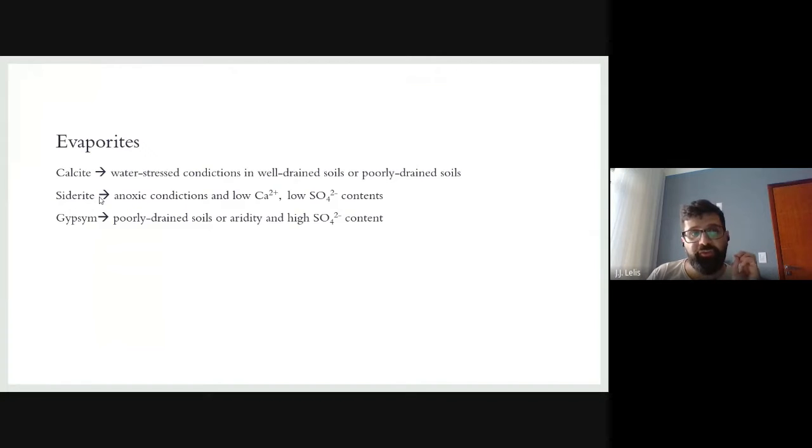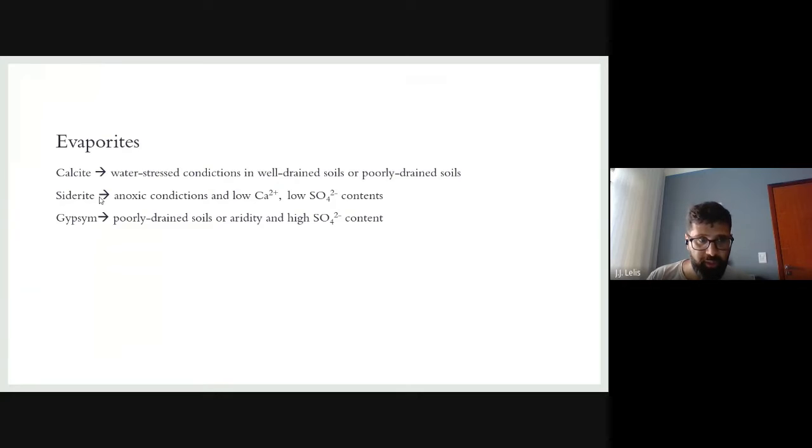Okay, so if you find siderite in a horizon or in a layer, you can understand that that horizon or layer was formed in anoxic conditions, by the influence of the water table. We can see that the majority or all of the voids are filled by water, and anoxic conditions favor the formation of iron 2, and the high concentration of iron 2 formed iron carbonate in